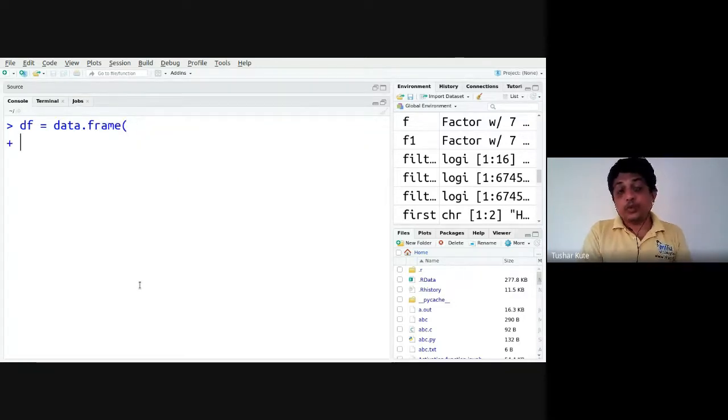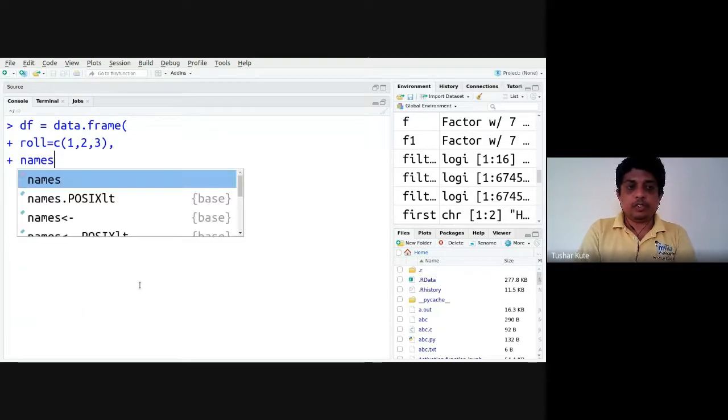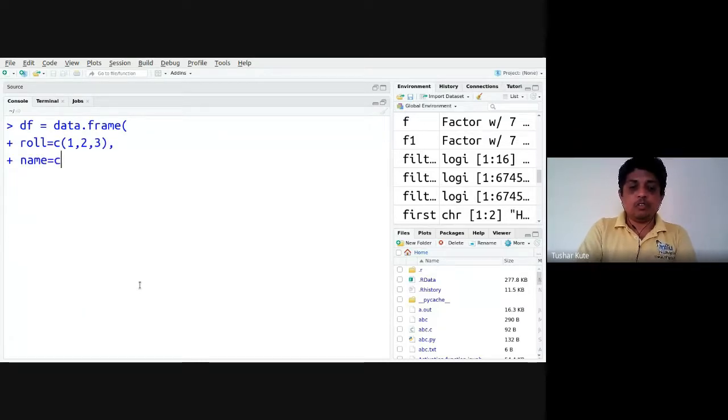I have not completed it yet, I will be continuing it there. Let's see, roll number, I created 1, 2, 3. Then I'm giving the names. Name is equal to c of, these three names I mentioned, and then marks.